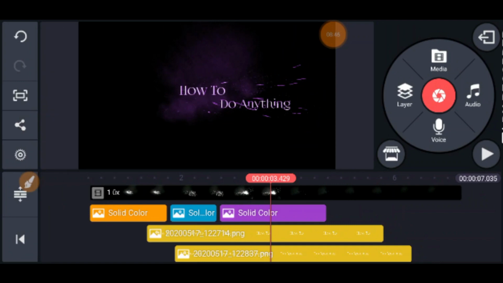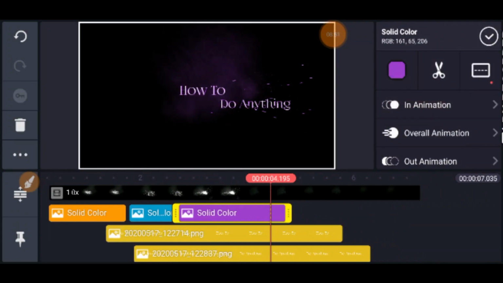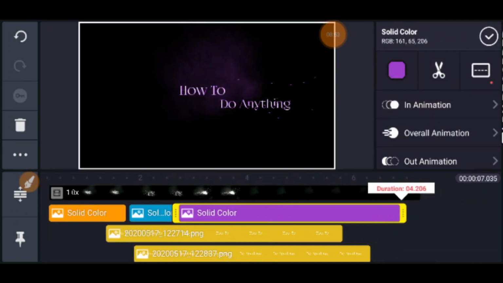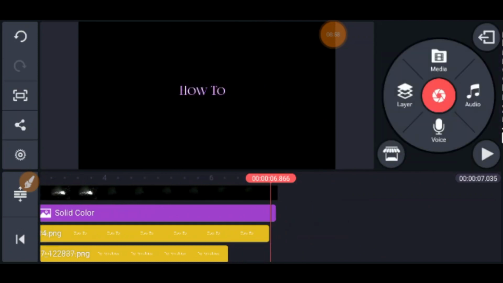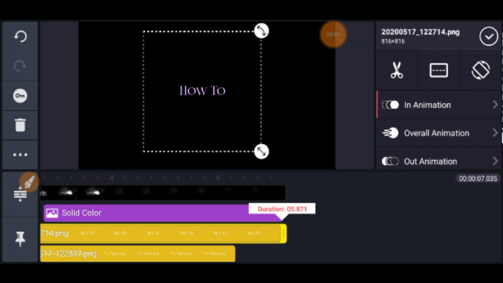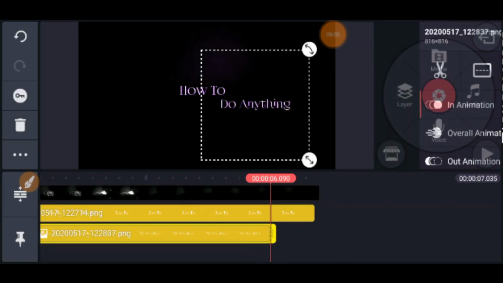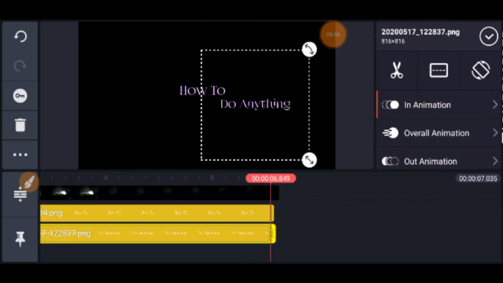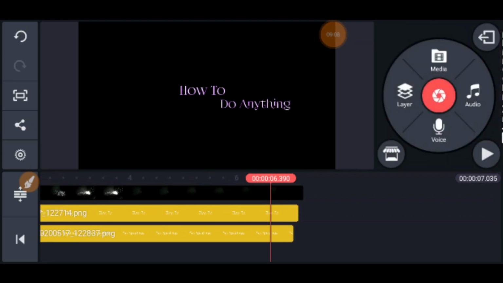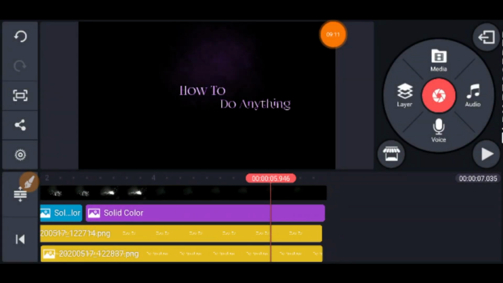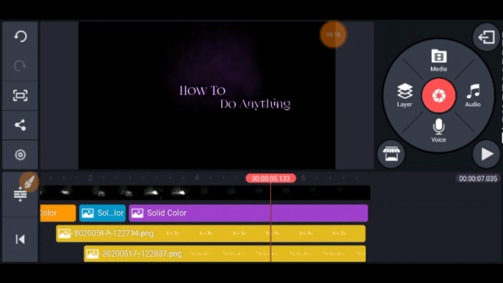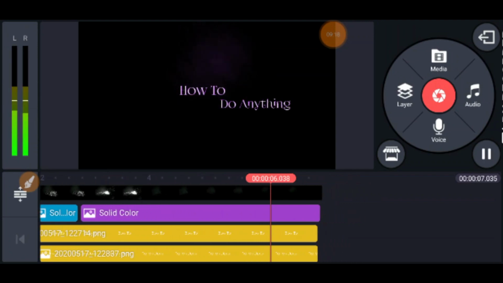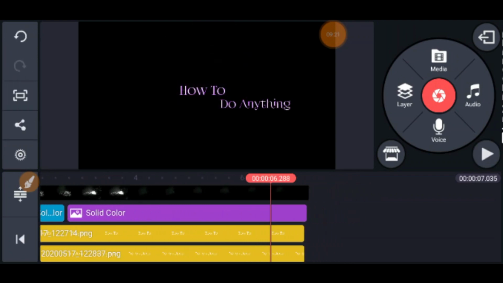So now at the ending you need to select an out animation. So first of all, let me take all my layers till the end, my solid color and both the text over here. And now you need to place a cut in the layers when the audio starts to fade. So now let me preview it again for you guys. So guys, as you can see, the audio is now getting fade.